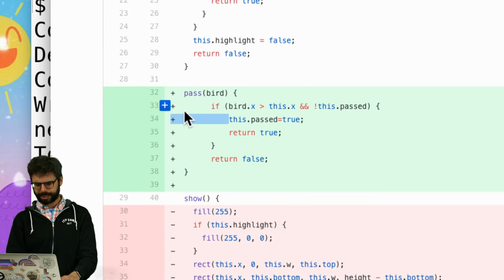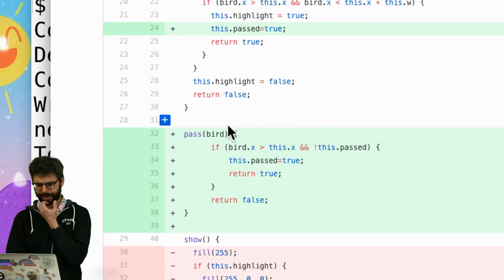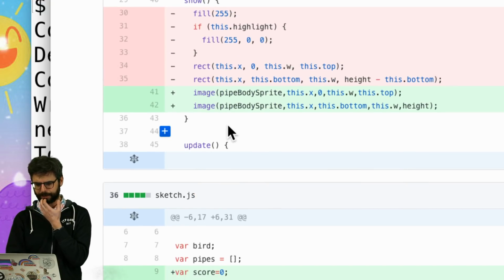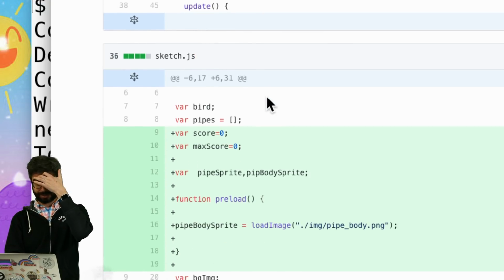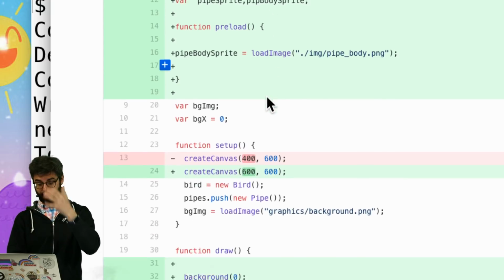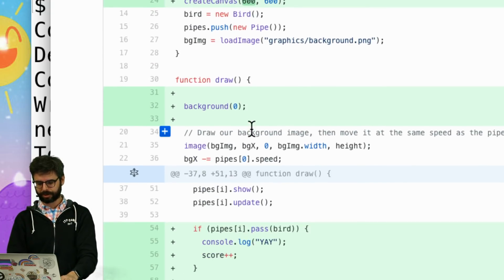Looks like some of the indentation is a little bit different here. I'm not sure what pass is. Pipe body sprite, that's awesome to have. Thank you for this. Oh, and also changing that. So let's,